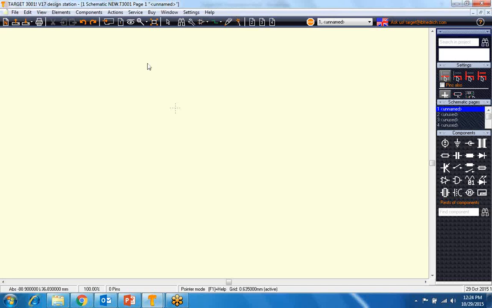This is the software environment in which you can place all the components.